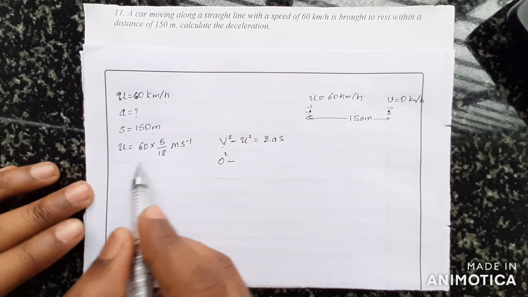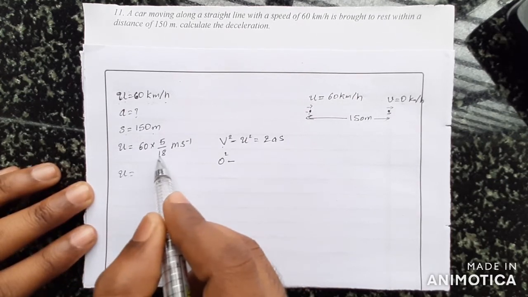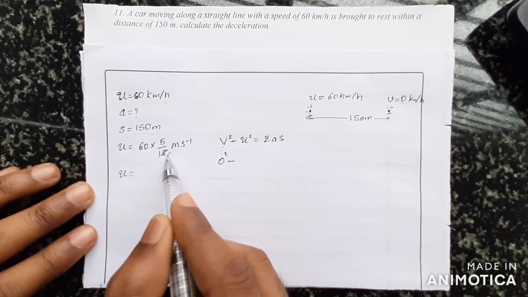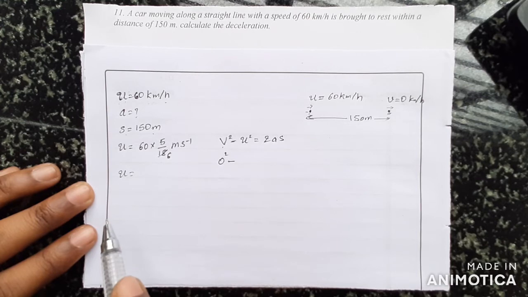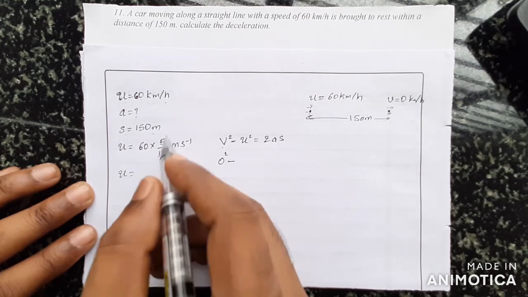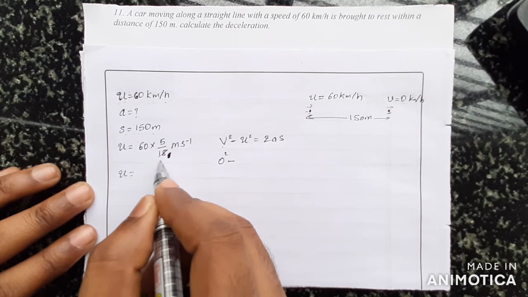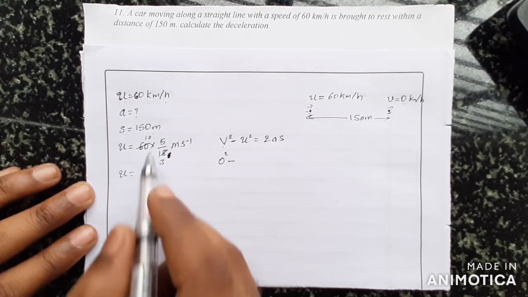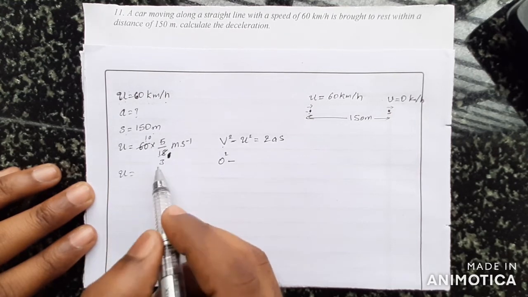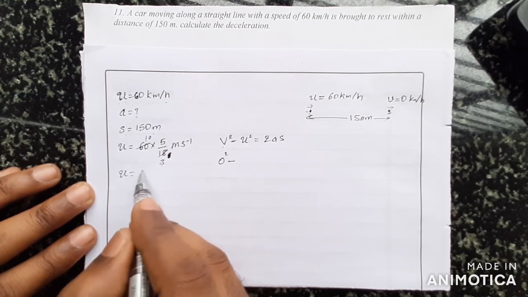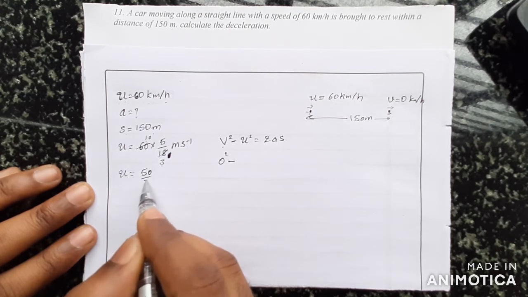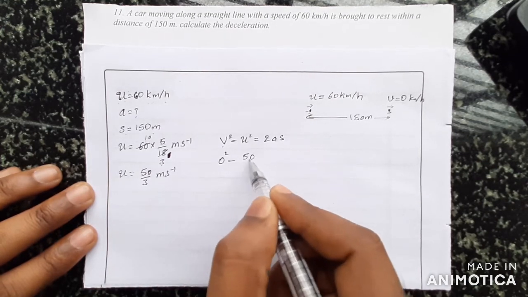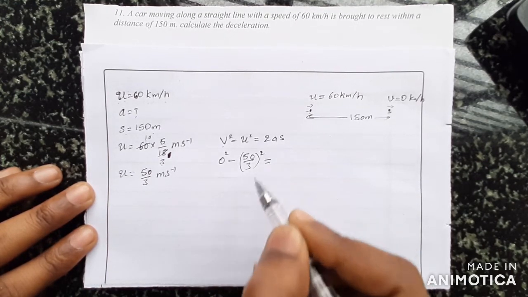So let me simplify this a bit before I put it into squared. See, this is divisible by 3, right? Or directly I can divide it by 6 itself. 6 3s are 18, 6 10s are 60. So it is 10 into 5 by 3, 50 by 3, right? Let me keep it as it is, 50 by 3 meter per second. So it is 50 by 3 squared is equal to